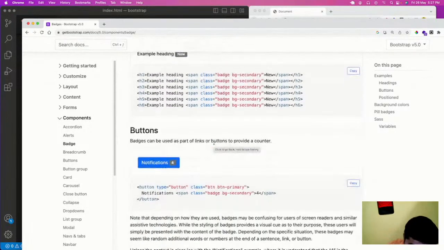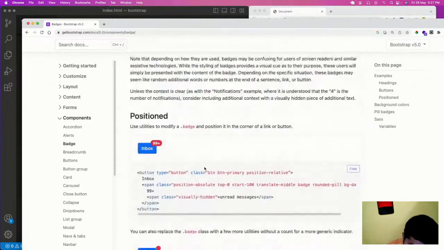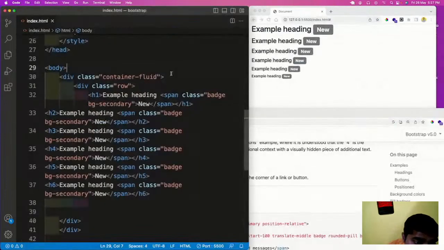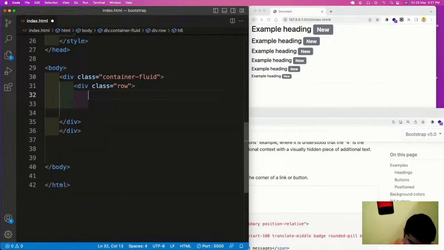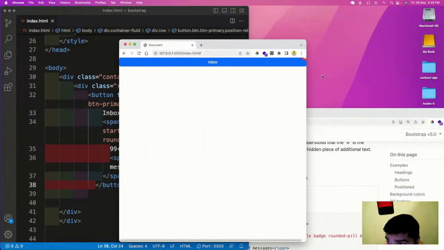Now after these badges we have the buttons. So this button is a notification kind of button. So what we do, copy paste and position a notification button with a number. So a notification button with one number, very simple. Okay, a notification with a number. So where is our number? This is our